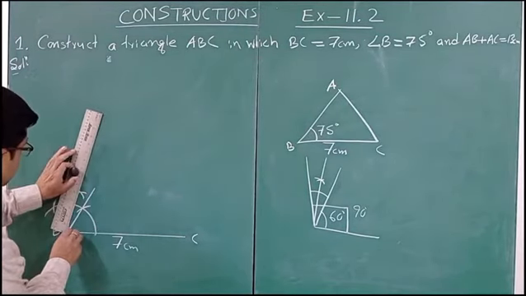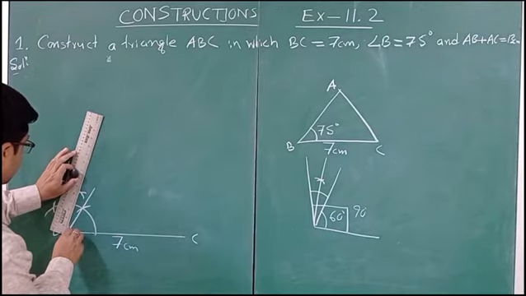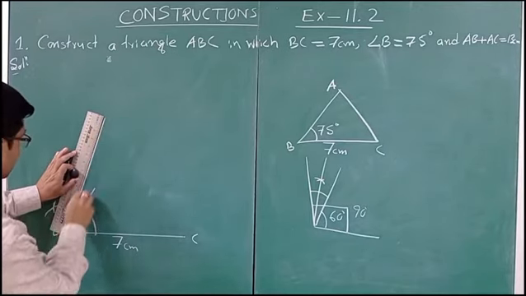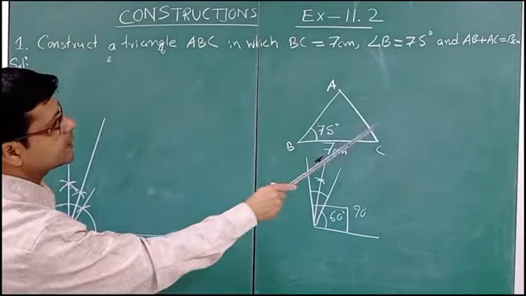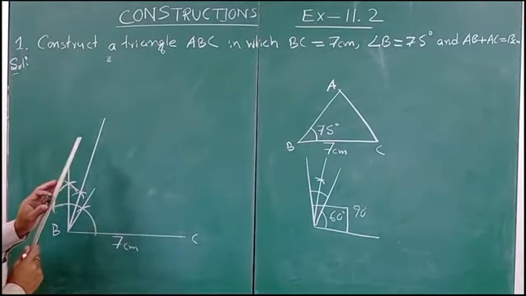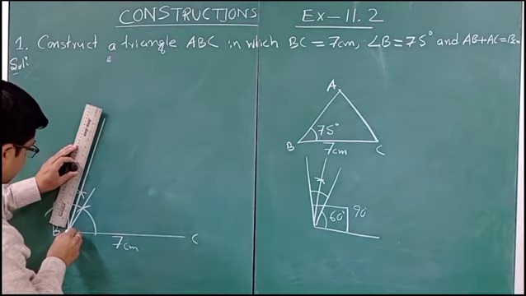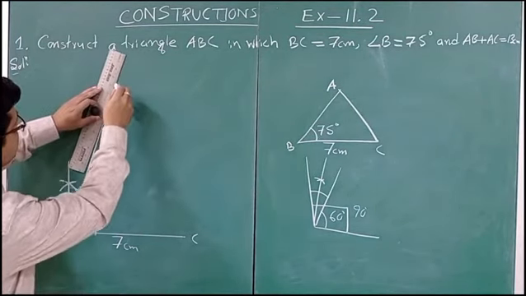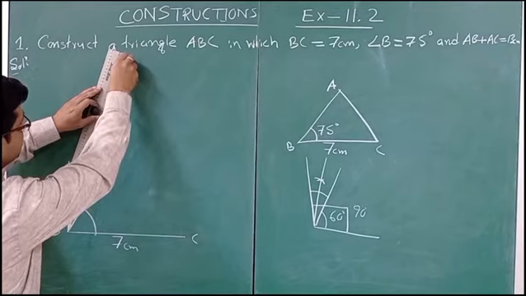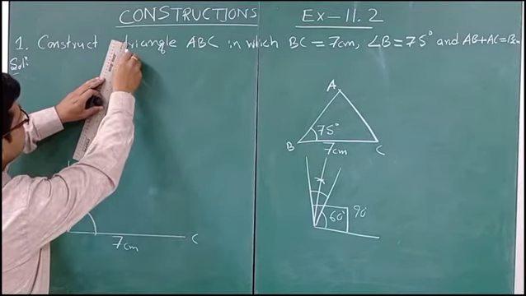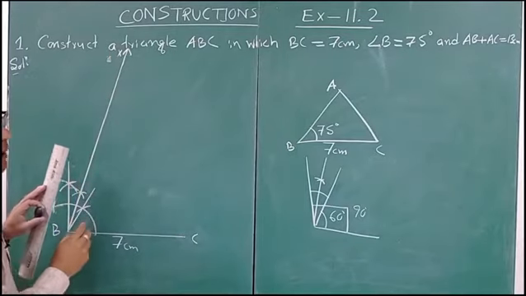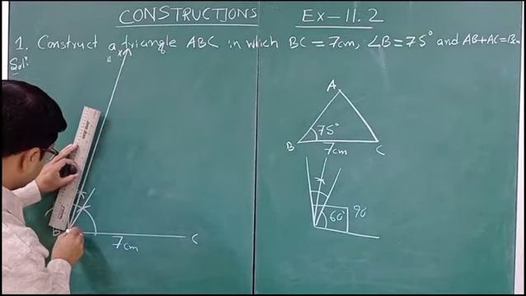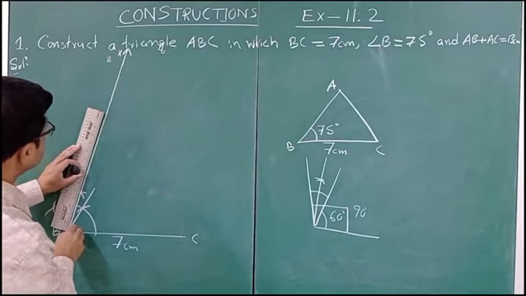This angle will give us 75 degrees. Now let us draw this 75 degrees. Now dear students, the measurement of AB plus AC is 13 cm. So let us make 13 cm here. At first let us produce it. Okay, so this is produced to X. Now from here we have to take 13 cm. Let us mark this 13 cm.